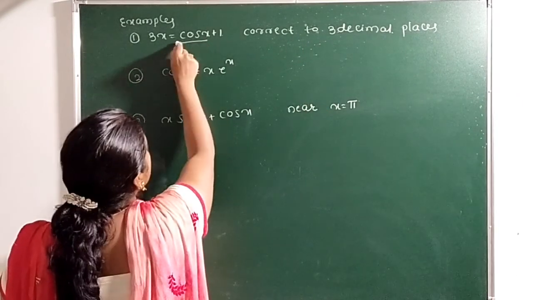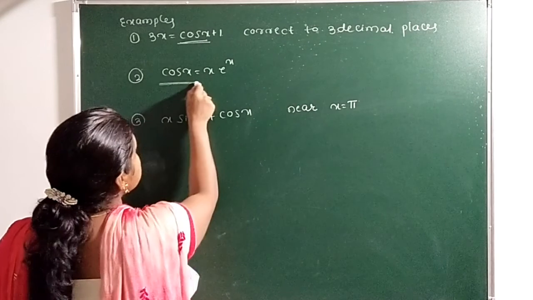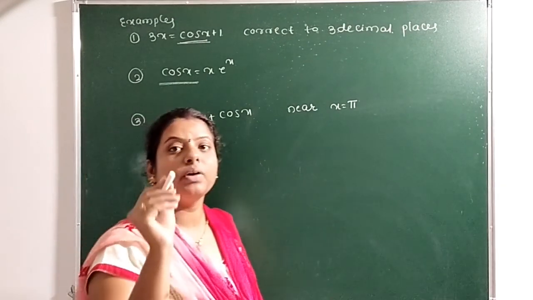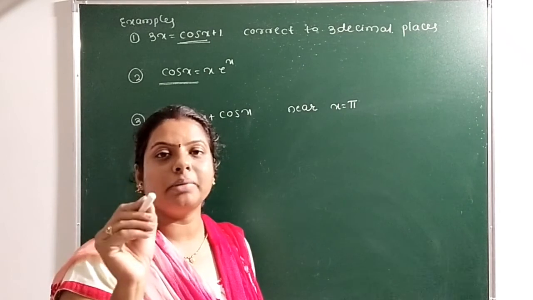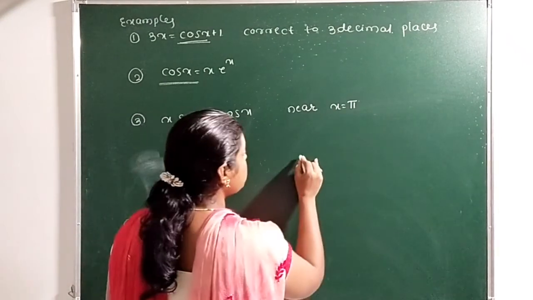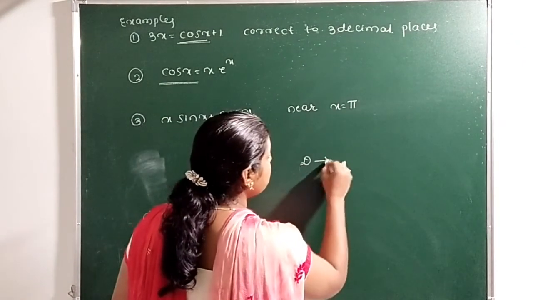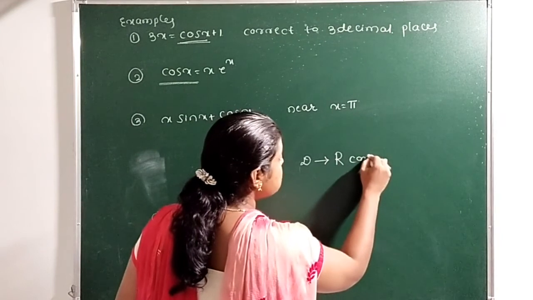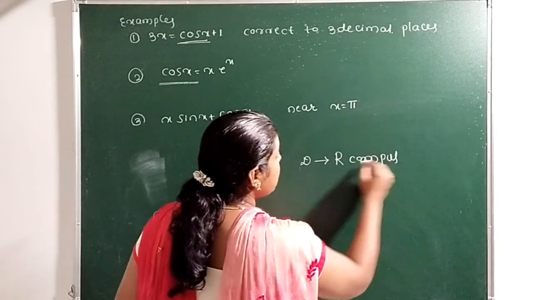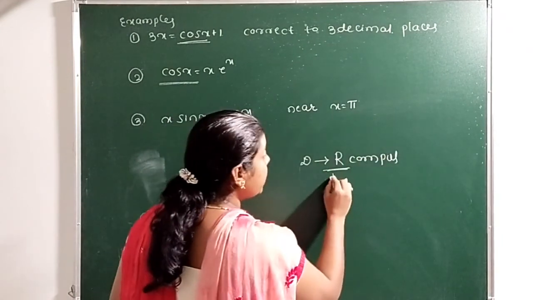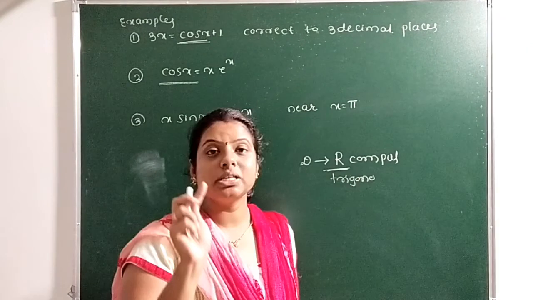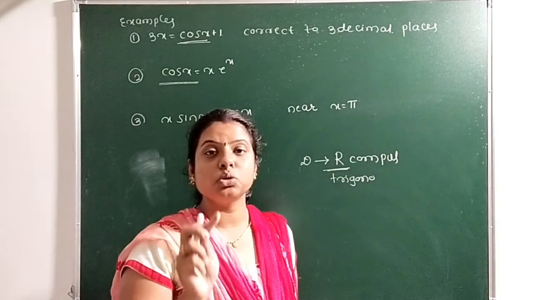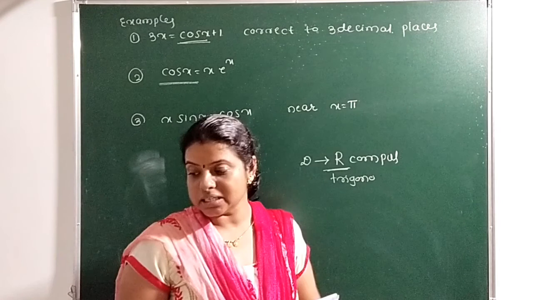Here, whenever you get trigonometric terms in your numerical method, keep it in your mind, you must and should use degree to radian mode. Remember, compulsory, whenever you get trigonometric terms in your equation, you must and should use radian mode